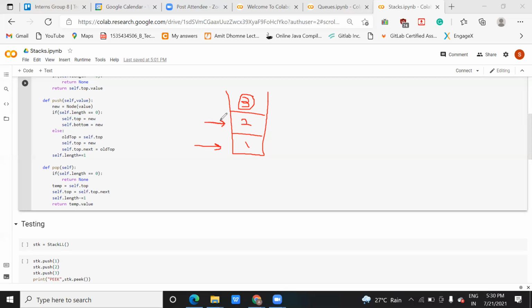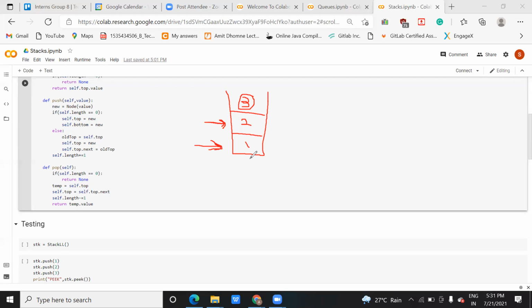This is also your old top, and next to this old top will also be an old top. So your pointer will keep incrementing whenever you insert a new element. The top element will be self.top, the below one will be old_top, and old_top.next will be the previous old value. Do you understand?